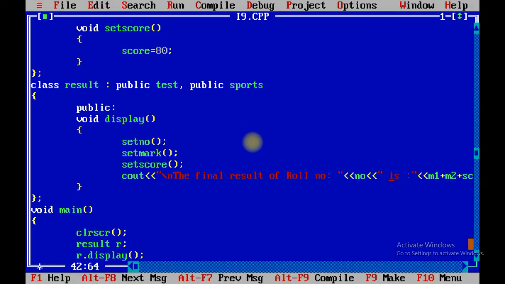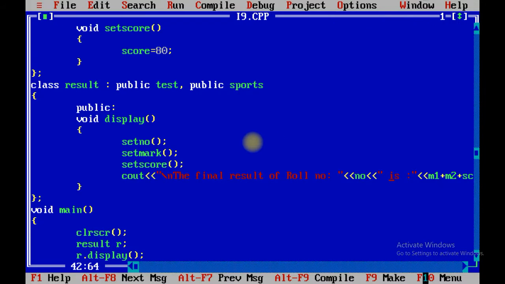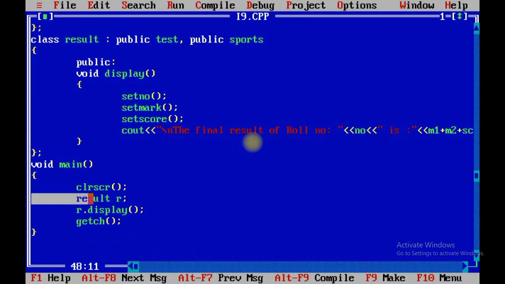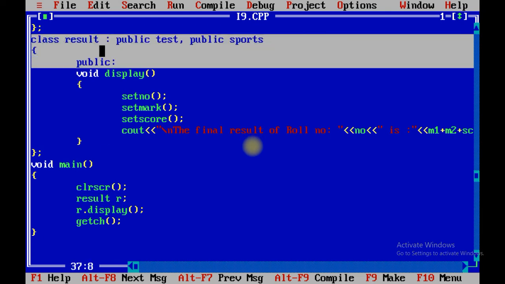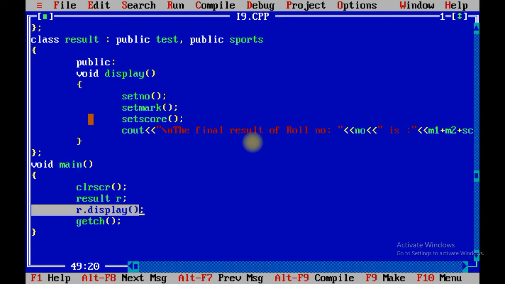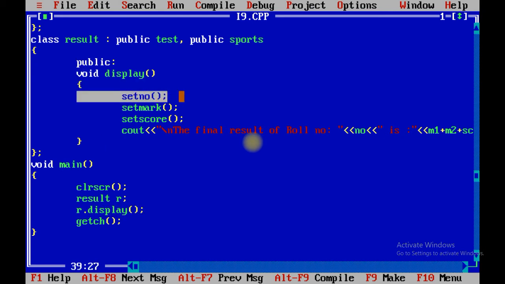Result of roll number 1 is 200. Let me put a space over here also so that it will represent the proper output. Now see how the program is executed. Here I have created an object of the result class, so it will go inside this particular block, and r.display. r.display calls set number. Now it will check whether set number is declared inside either the test class or the sports class. So let us check whether set number is a property of the test class or the sports class.